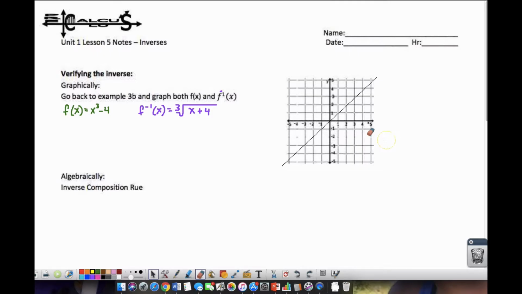Okay, so now we're going to verify, and graphically is easy. We're going to draw it on here, but you can also do it on a graphing calculator. But go back to example 3b and graph both f of x and f inverse of x, and I seem to be missing a negative sign there, so add that in. I wrote them down over here, so that way you don't have to flip over. Okay, so I've gone ahead and graphed this. Let's get this on a piece of paper to look at and use these anchor points. So pause and actually write down these anchor points that I found. I just found them because I know that this is just x cubed being moved down 4, okay? And then I also know how to graph this by moving this over to the left, but we could also just take these points